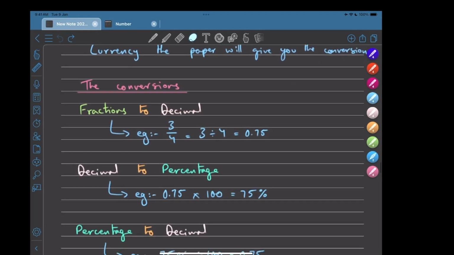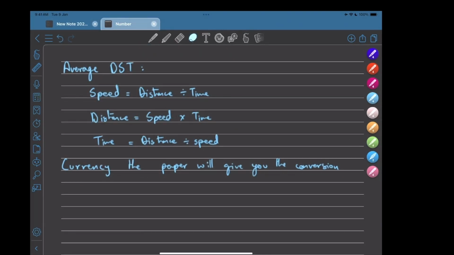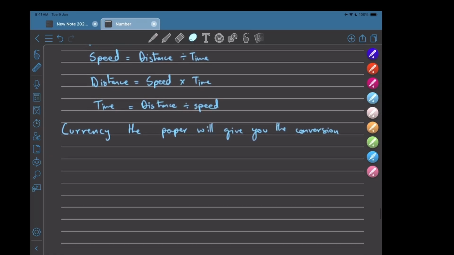One last thing that you have to know is the conversion of currency. I didn't discuss much about it, because in all the questions that I have seen, they literally mention to you that 1 pound is equal to $1.25, and then they ask, okay, convert 50 pounds to how many dollars. So you will be getting the exchange rate, and the rest is basic maths, which you will be able to do after a lot of practice. I'm confident that if you do a lot of practice, these kinds of questions will be very simple.